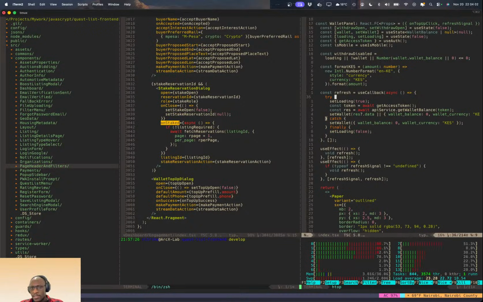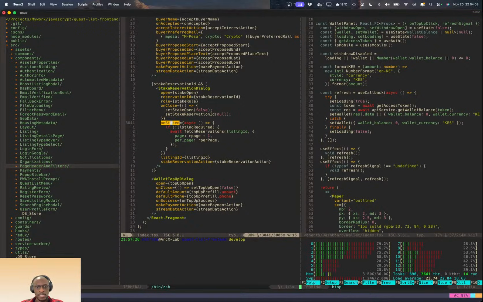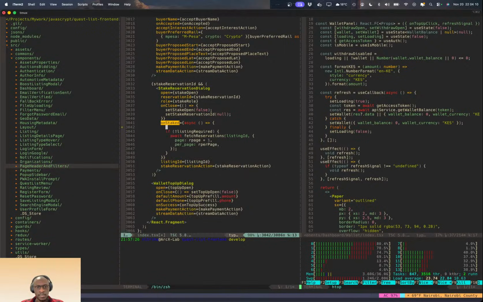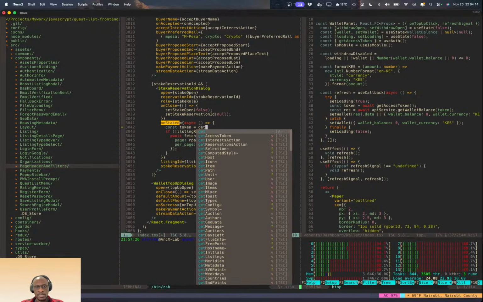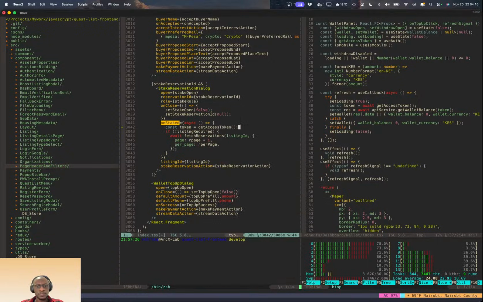And that's going to be a problem, but okay, let me get the token here. And get access token. That's going to be a problem because